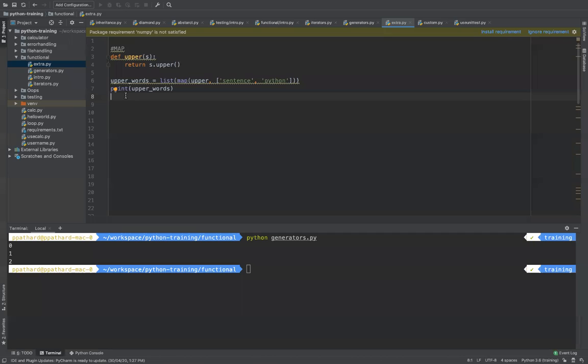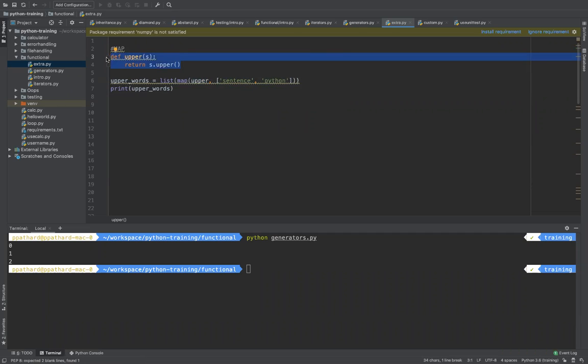A map is a function. If you pass a list of values, for every value that is there, it is going to call a function called upper. I have written an upper function here.